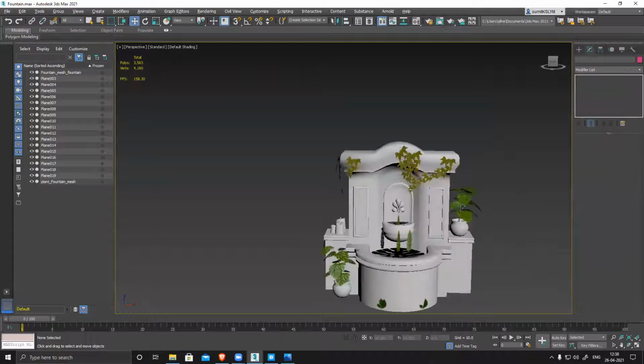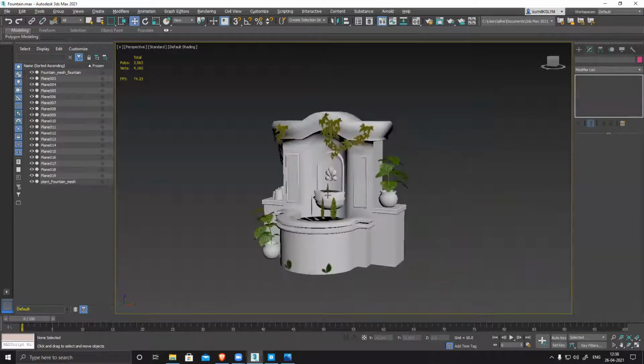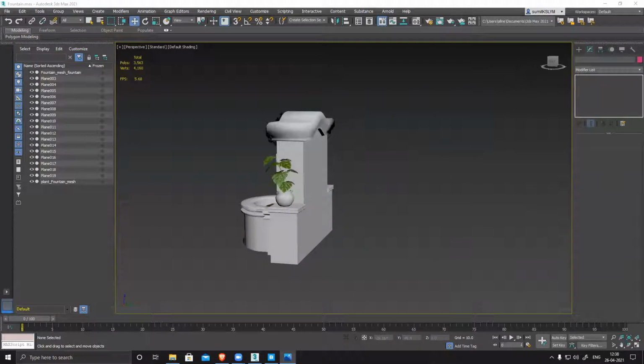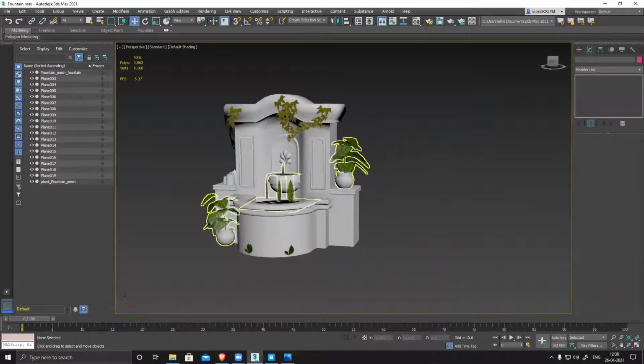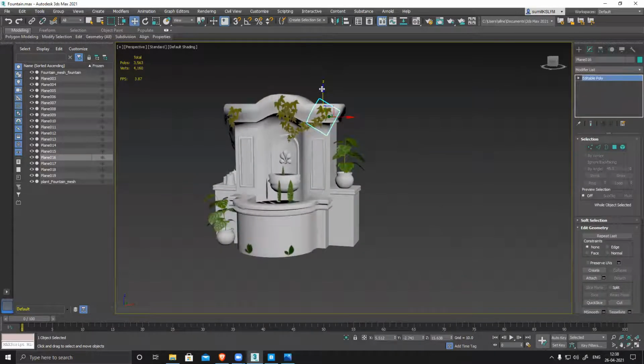So you can see I have created all these alphas. Let me check if one more alpha is here.